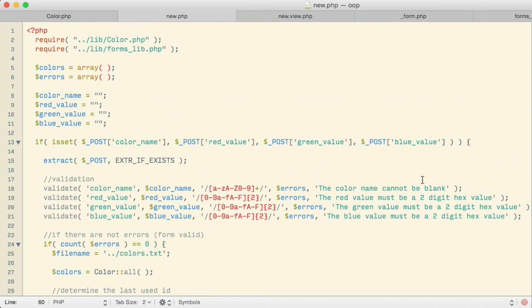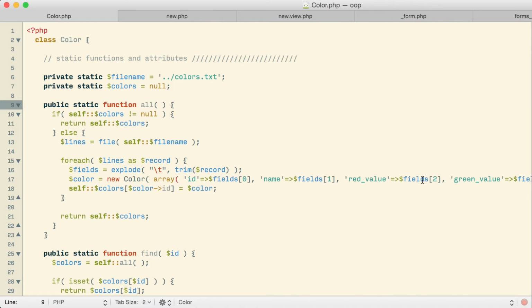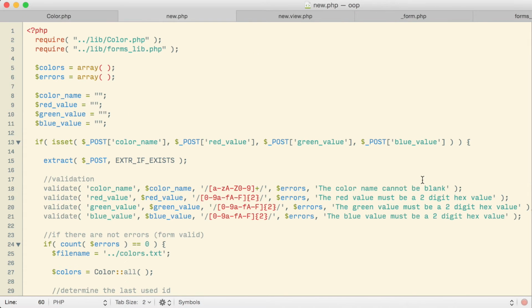Ideally, what would happen here is that if I did change something about colors, like adding a new attribute or changing the way that they're stored, those changes should primarily or only have to take place in the color class itself, and I have not actually accomplished that with the changes that I've made so far on the new page. I would really, on my new page, like to go much further to minimizing the contact between the details of how a color is stored, retrieved, worked with, and the actual workings of the new page itself. So there's actually still, I would say ideally, a lot more work here that needs to be done.